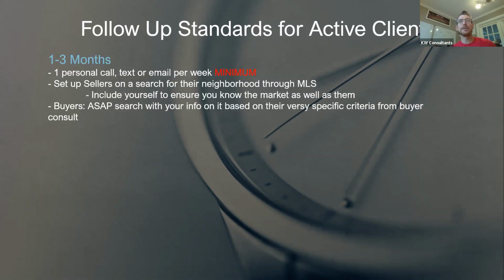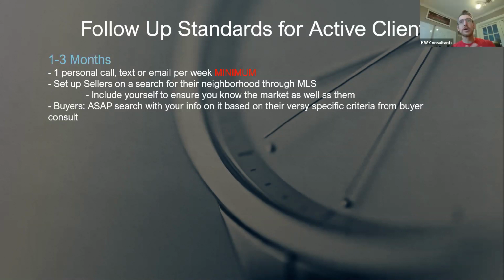And the reality is, most people that we meet, especially when we're talking about sellers, are not ready to put their house on the market next week. And so it's super important to have really solid and airtight short-term follow-up plans in place to make sure that you're not missing out on any of those people that are 6 to 12 months out.